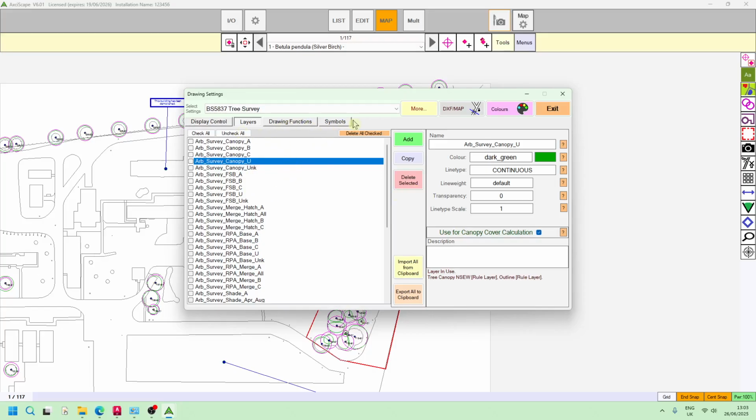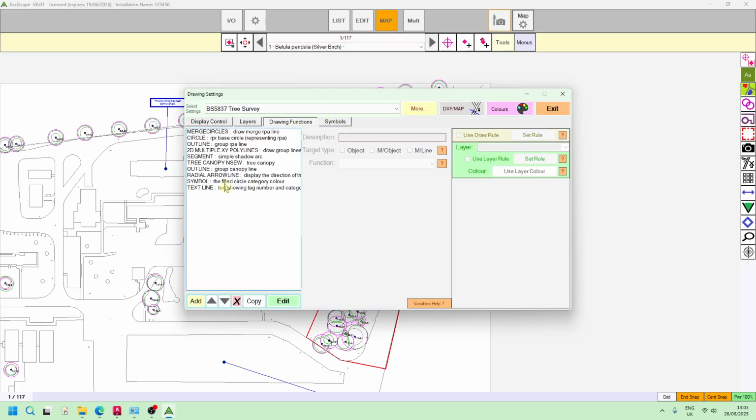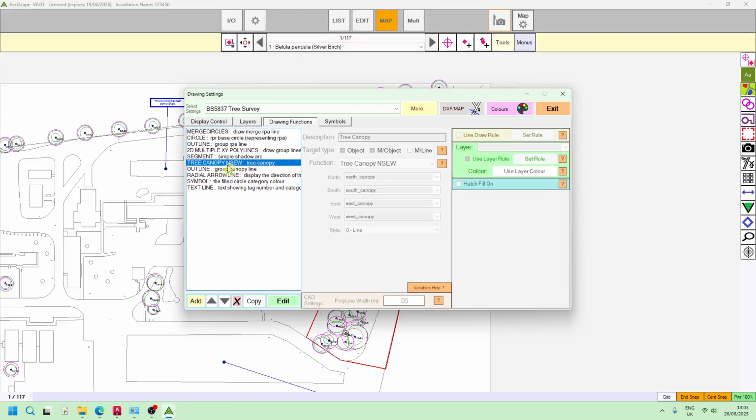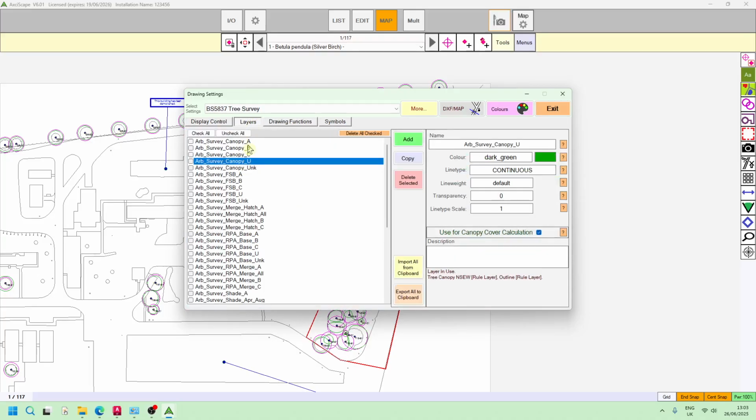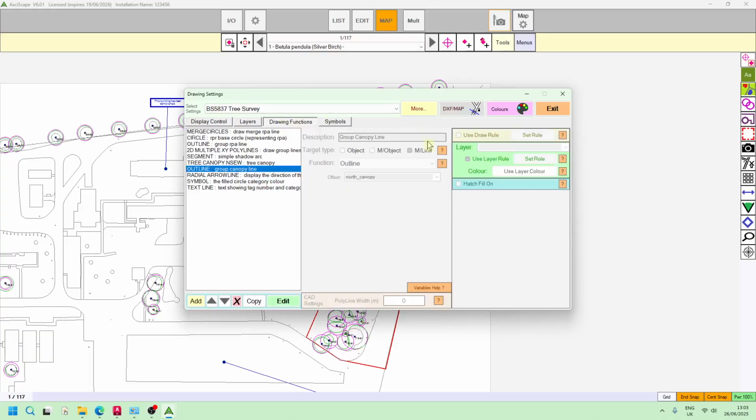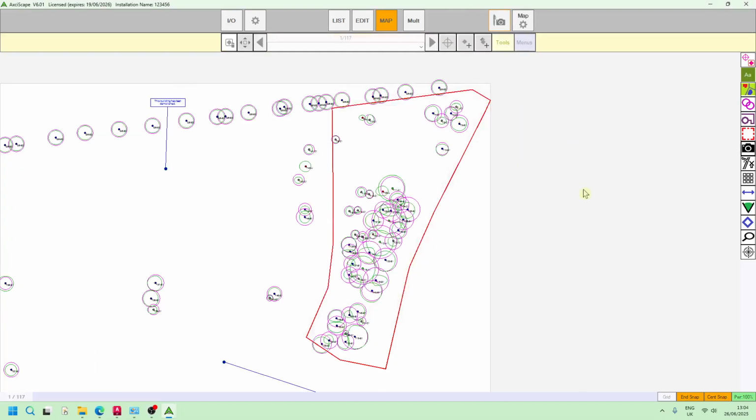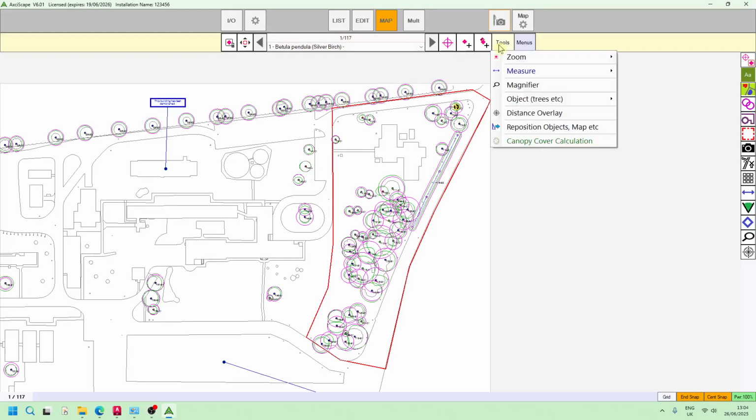And the actual calculation function only uses the tree canopy north, south, east, west function and the outline function. So any of those functions included within these four layers will be included. And if I go back to the calculation now,